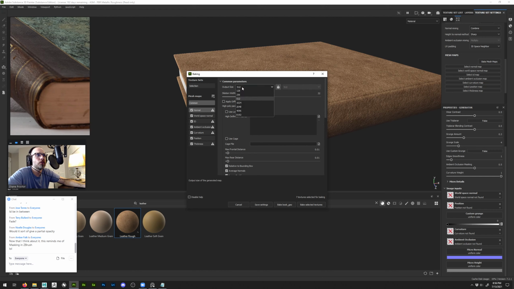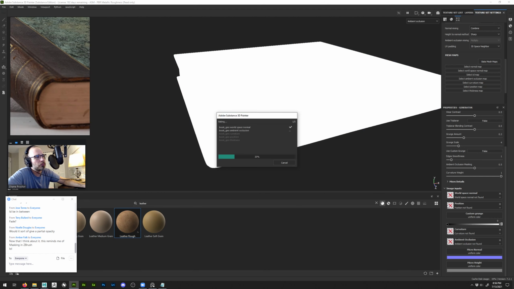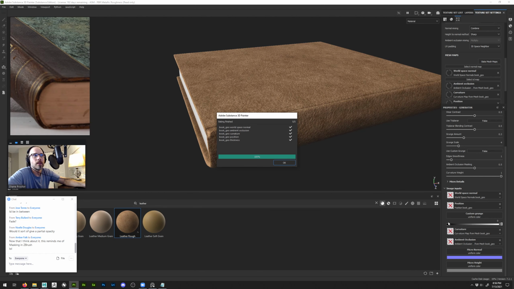For now, all I'm going to do is boost the resolution to 2K, and we can just uncheck the normal and the ID. You can leave them on. It's really not going to affect anything, but these are not going to be created anyway. Let's go ahead and bake our selected textures. All right. Now what's going to happen is these maps are going to be replaced with that new data, and